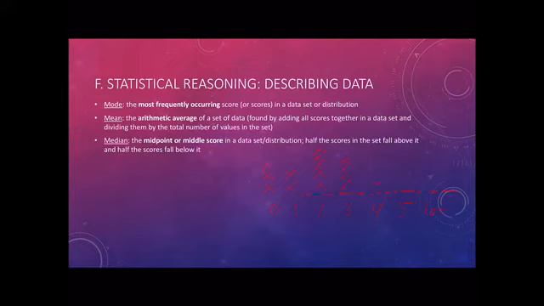So your mode is the value that has the most data, or the most frequently occurring score. That is your mode, the one that you have the most of. The mean would be calculated by taking all of these values, adding them up together, and then dividing them by the total number of x's that we have. So the mean is just the average. You're just calculating the average.